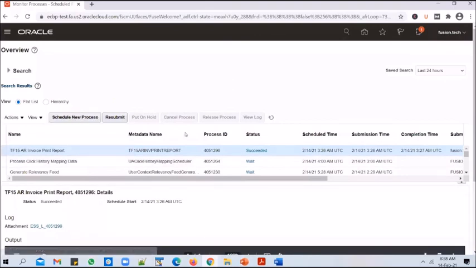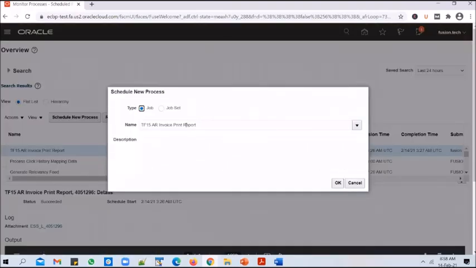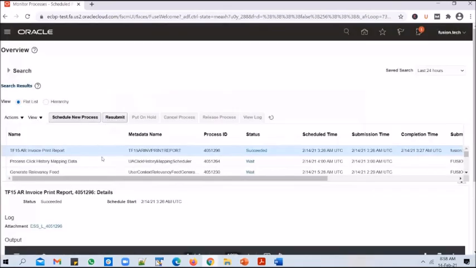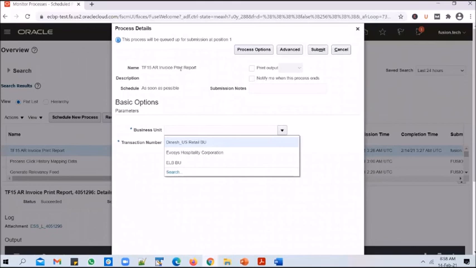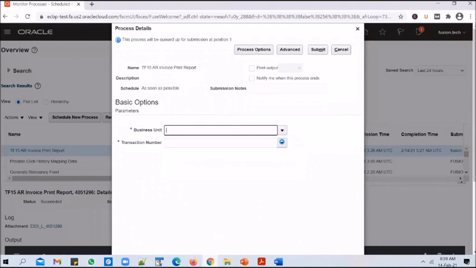And on the ESS jobs, there are some advanced features. Say, for example, think of an ESS job that you want to schedule. Since this ESS job is a report, it will always be run on demand. Whenever there is a need to print a transaction number, the business user will run the report, will run the ESS job. But in some cases, if you want the ESS job to be scheduled, those options will be available in the advanced options. It doesn't make sense to schedule a report, but if it is an ESS job that you want to schedule, you can select the parameters.